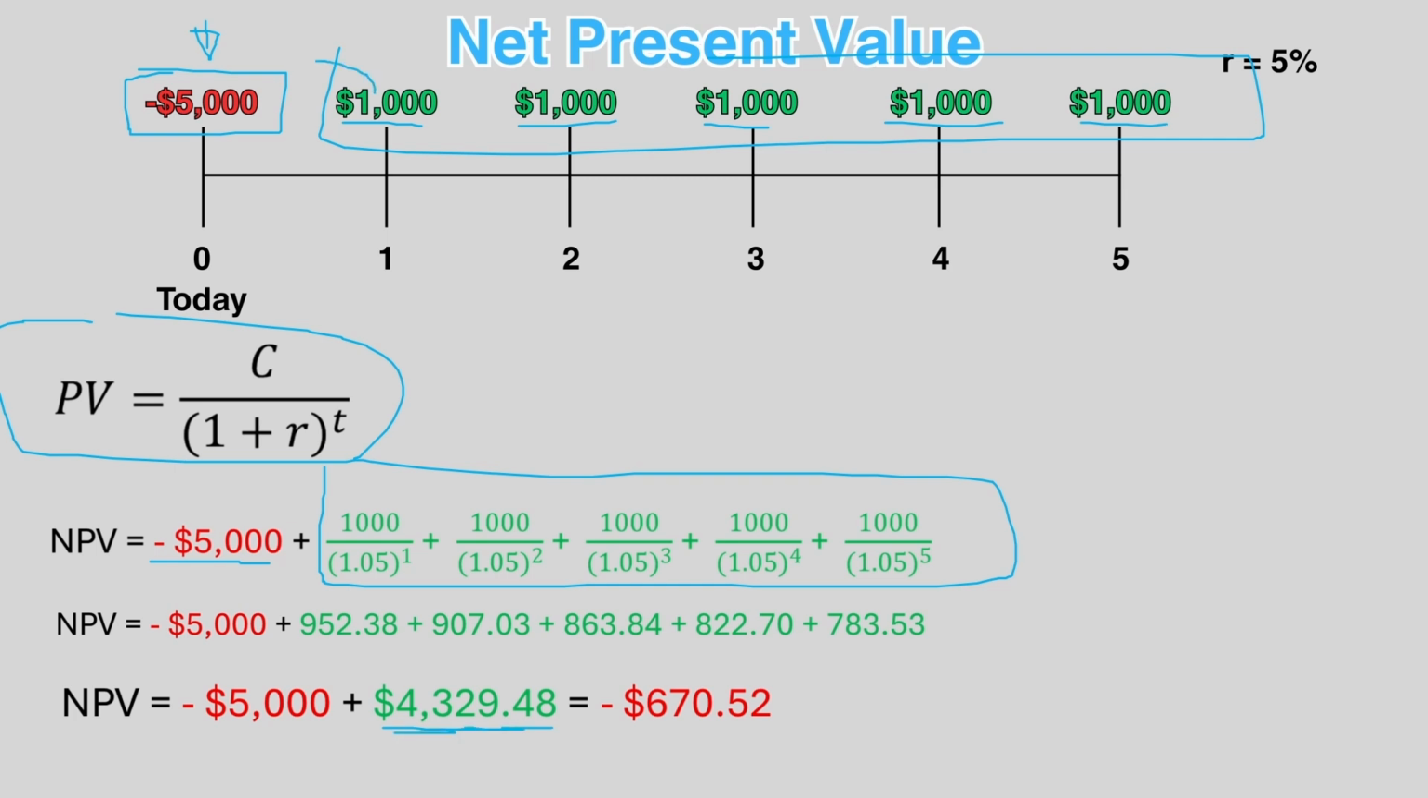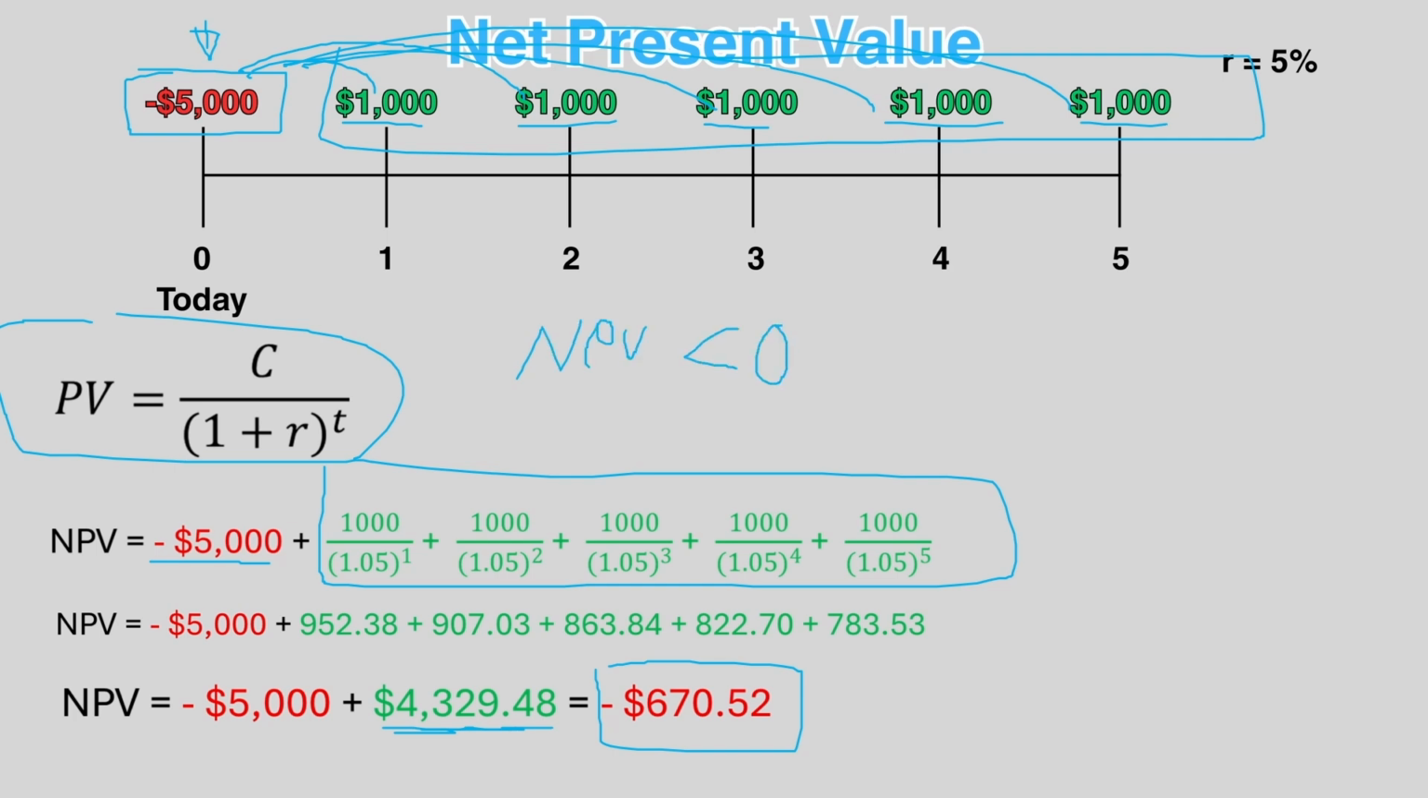So added up, we discounted this cash flow back, and did it for all 5 $1,000 cash inflows, and we got a present value of 4329.48. So the negative NPV here represents that this 5,000 cash outflow is worth more than the present value of the cash inflows we will receive from this project. So when the NPV is negative,